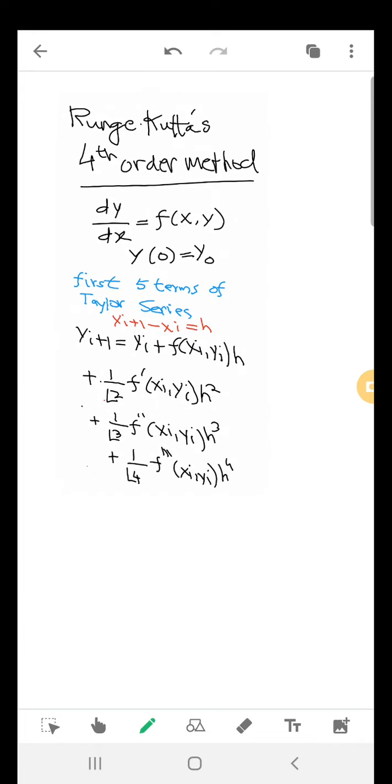If you expand, it actually forms like this. You have y(i+1) is equal to y(i) plus h, you can find the step size, plus 1 by 2 factorial, the first derivative of function f at xi, yi into h square, and then the other terms. You take the first 5 terms